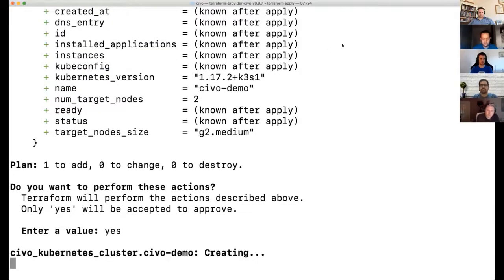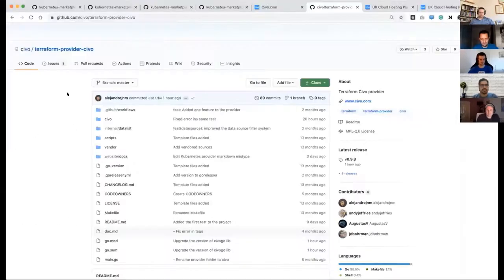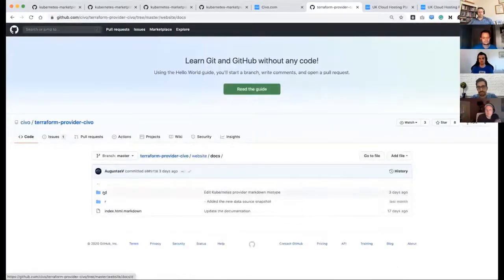Meanwhile, let's go back to Chrome and see what is happening over there. So this is the Terraform Civo provider repository, and you have the docs over there. The d is for the data sources that I just showed you.